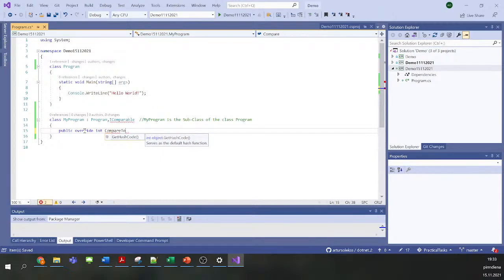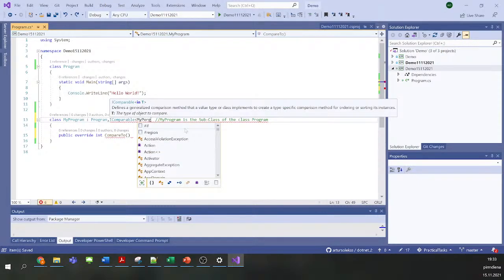It's maybe not so important what I want to compare here, but I just want to show you one thing so you're not confused. Later, in the public compare to, I will compare to my program. And then let's say I return something here.